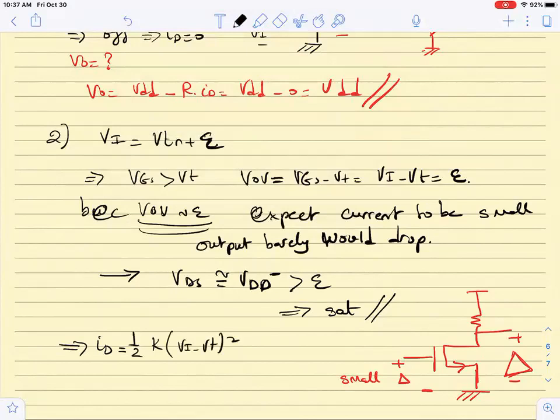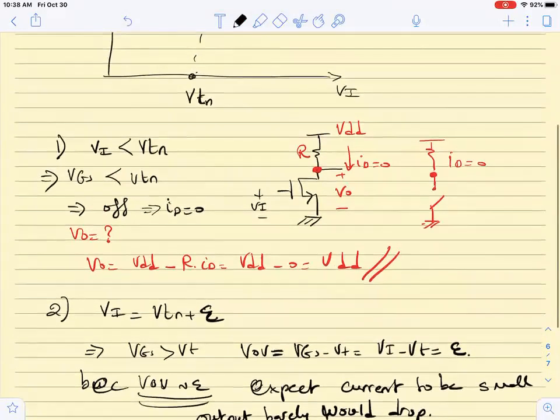And can I find, if I have ID, what the V output is? What is V out in all cases? How do we get V out? VDD minus